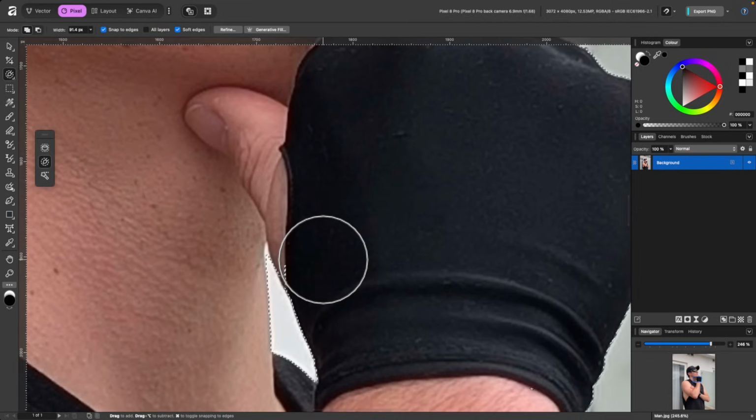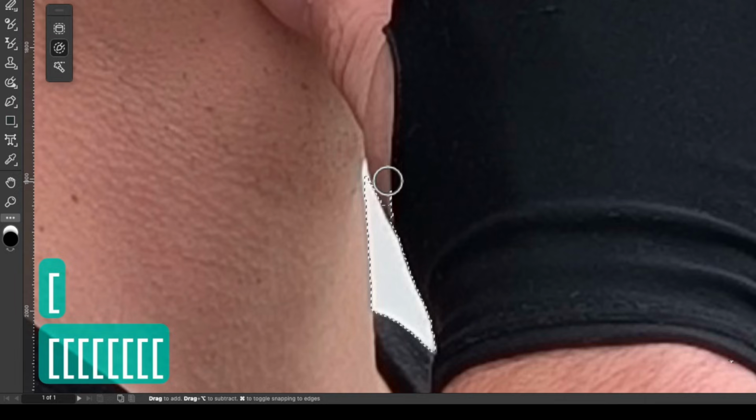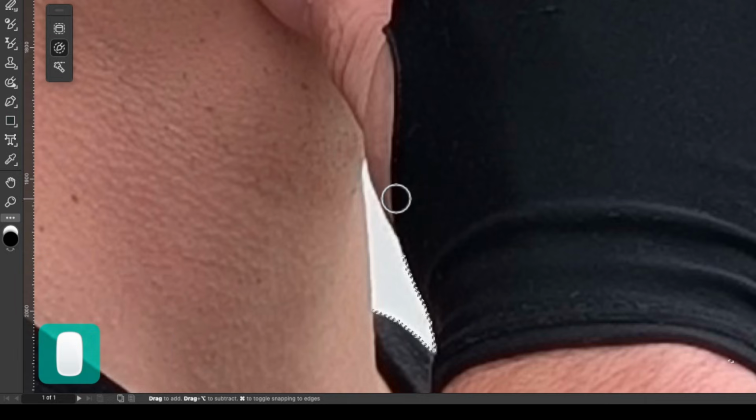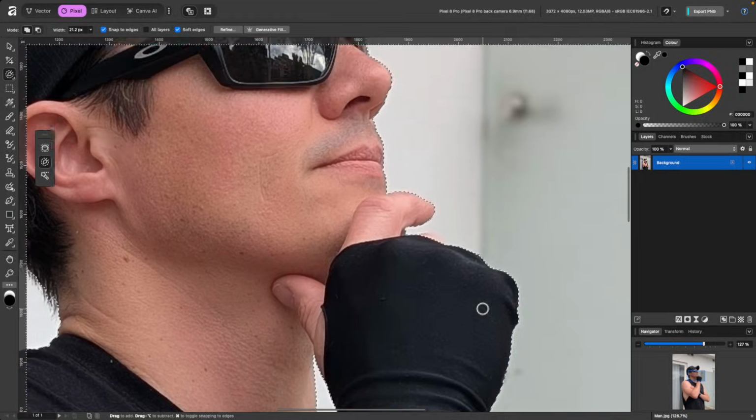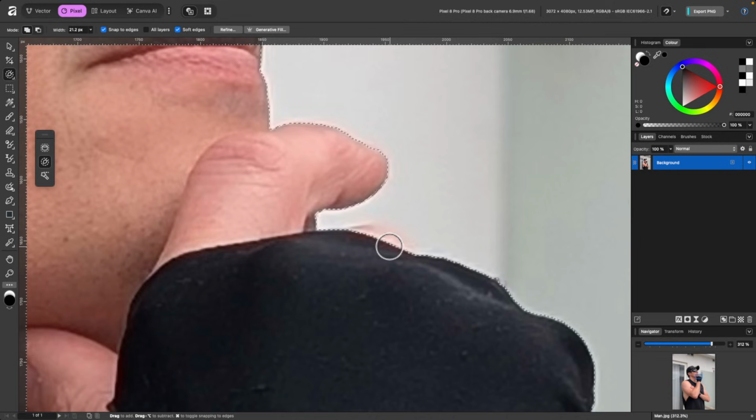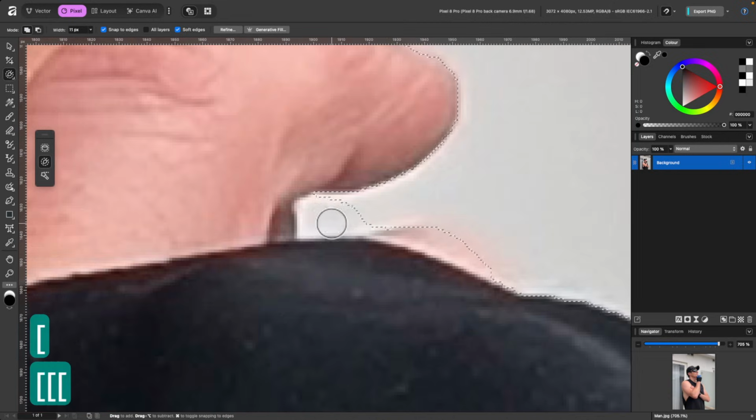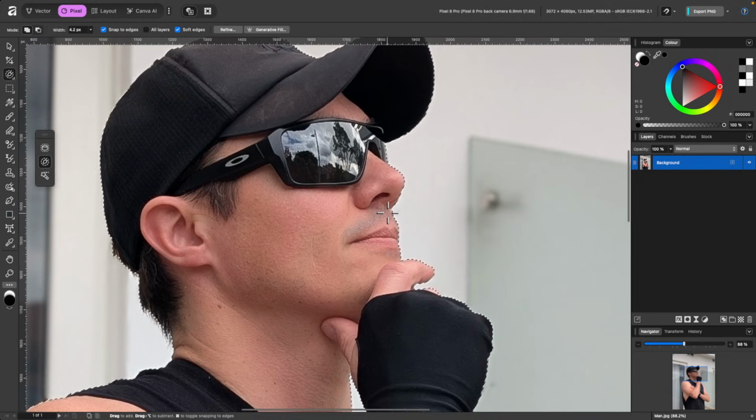And down here, I don't need such a big brush, so I will just go down and start painting in like that. Oops, I've messed up. I hold down Option Alt and I click, and maybe I'll just paint a little bit more there and then go ahead and get those sides there. Let's have a look around. Anything else? That finger's kind of missing, so I'll just paint a little bit in there. I've messed that one up, so I'll just make the brush size smaller. Hold down Option Alt on the keyboard. And I think I'm pretty much done here.